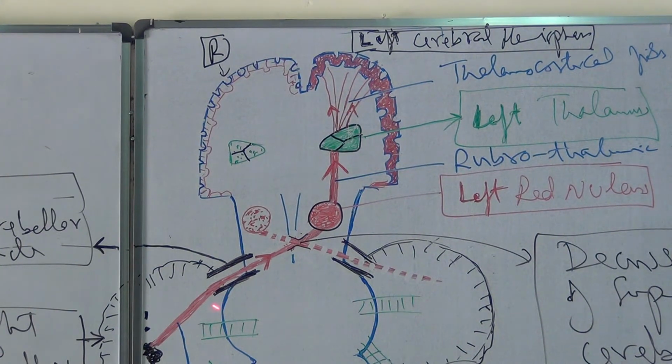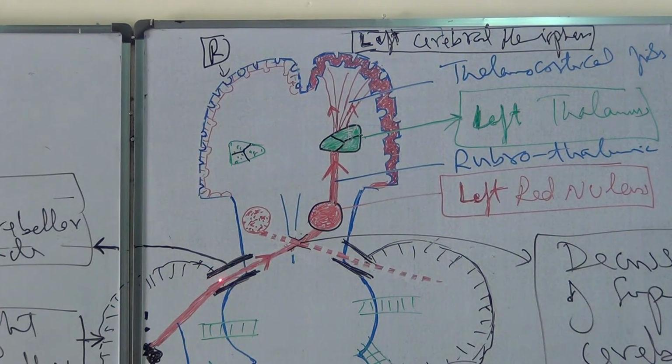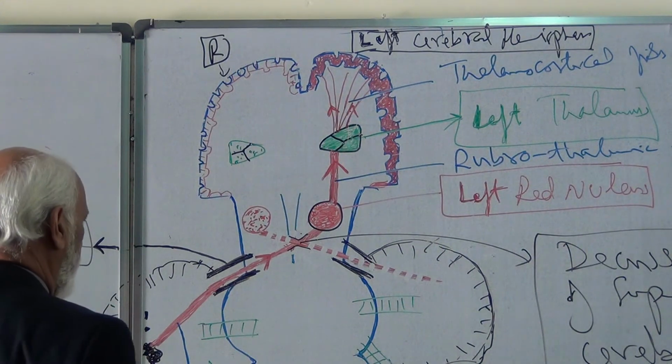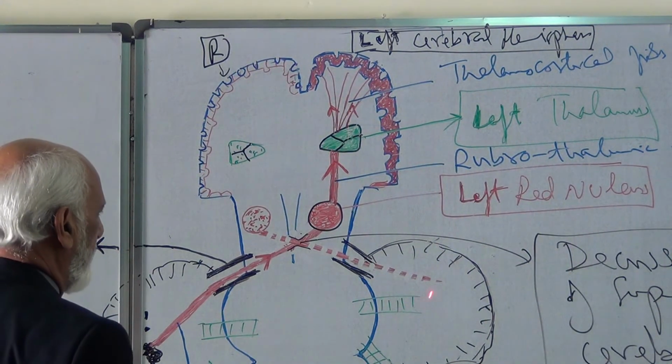Therefore, if there is any trauma to these fibers in the right superior cerebellar peduncle, it will lose the connection between right cerebral hemisphere with the left red nucleus, not right, because here there is crossing of the cerebellar fibers, under the name of decussation of superior cerebellar peduncle in the lower part of the midbrain. We can trace these fibers also from the left cerebral hemisphere,